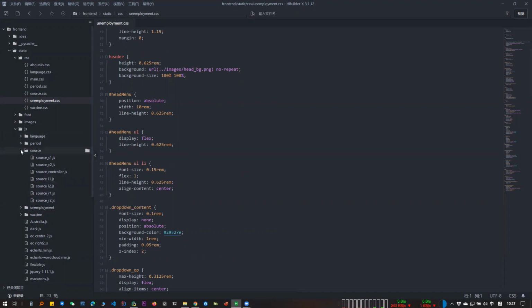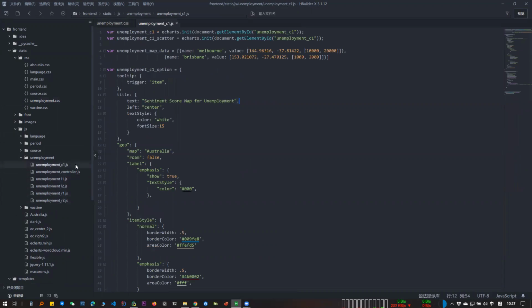The unemployment JavaScript file illustrates the outline of each figure in this page, which are implemented by the ECharts library. This is a free, powerful charting and visualization library, offering an easy way of adding intuitive, interactive, and highly customized